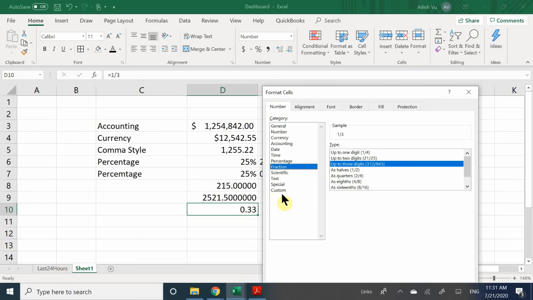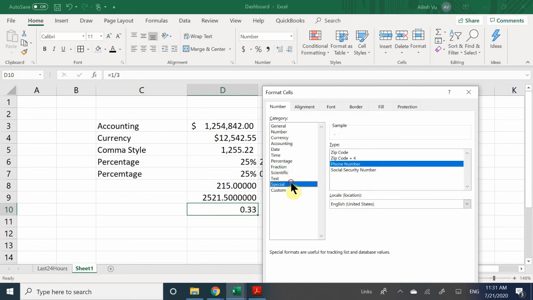Now, the book actually shows you, let's say you're entering a phone number. You're actually going to go into Special, and it's going to give you a few options on what you want to do. You could do Social Security, so every time you type in a number in there, it's going to automatically format it as a Social Security number. If you want a phone number, you can select phone number, and what happens is it's going to do the standard